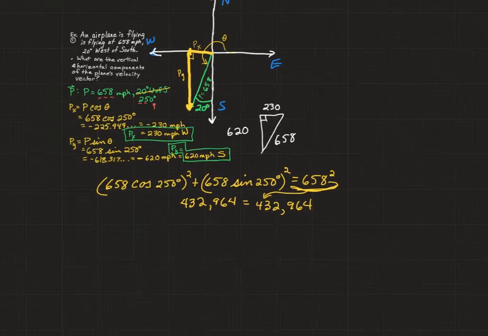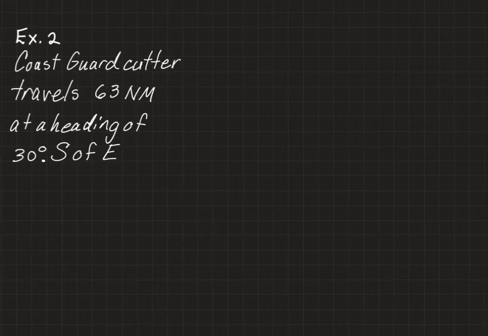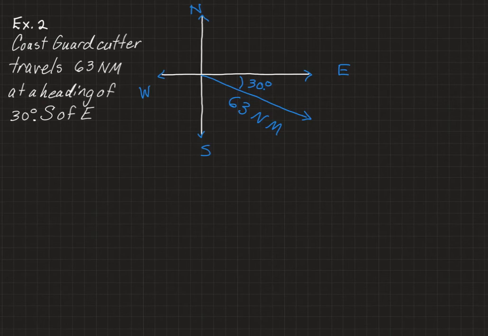All right, let's look at a second example. So let's look at a Coast Guard cutter traveling 63 nautical miles at a heading of 30 degrees south of east. Note that this is not a velocity vector, this is a displacement vector. Nautical miles is a unit of length. So there's a graphical depiction of our Coast Guard cutter traveling 63 nautical miles at 30 degrees south